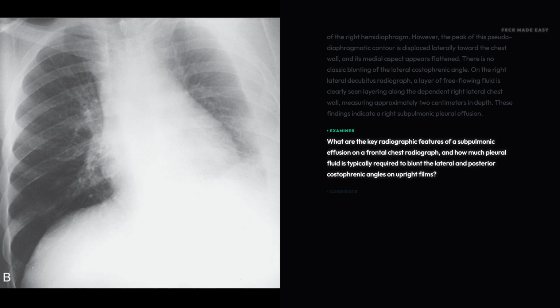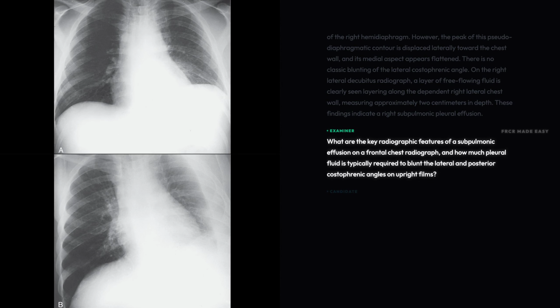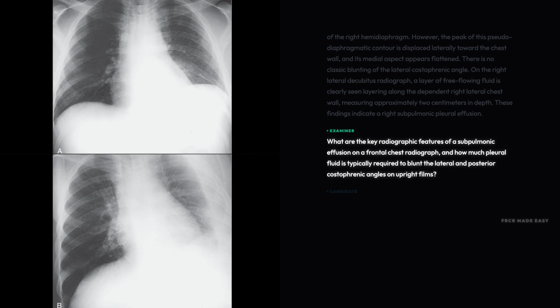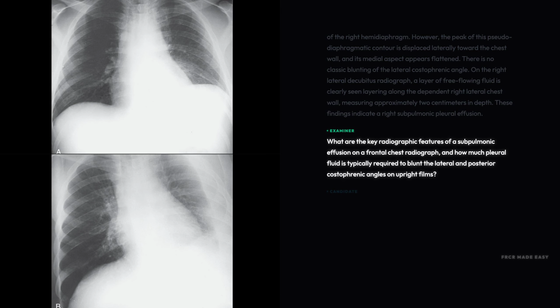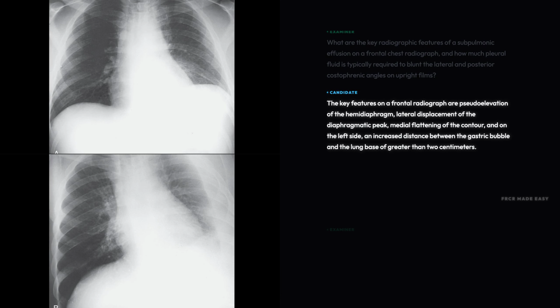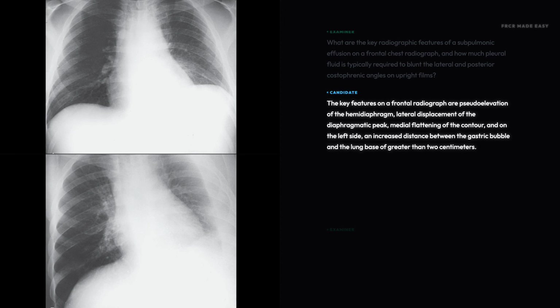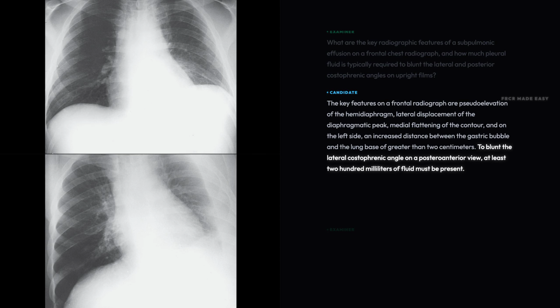What are the key radiographic features of a subpulmonic effusion on a frontal chest radiograph? And how much pleural fluid is typically required to blunt the lateral and posterior costophrenic angles on upright films? The key features on a frontal radiograph are pseudo-elevation of the hemidiaphragm, lateral displacement of the diaphragmatic peak, medial flattening of the contour, and on the left side, an increased distance between the gastric bubble and the lung base of